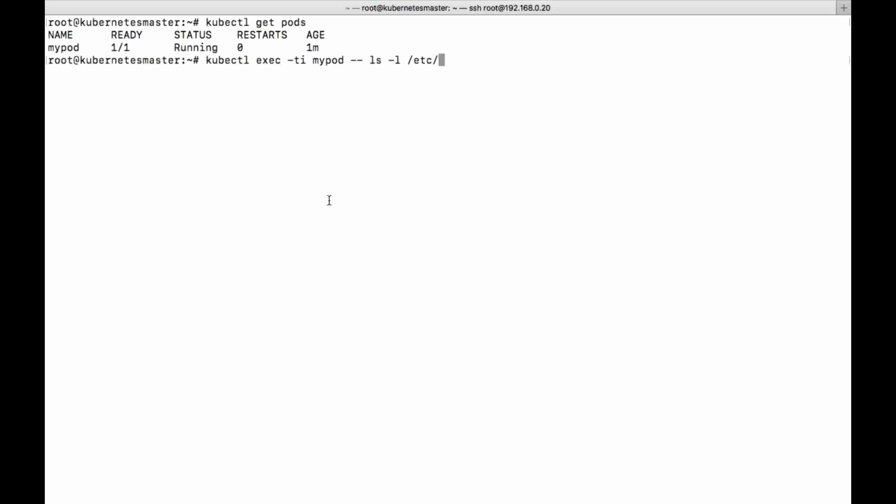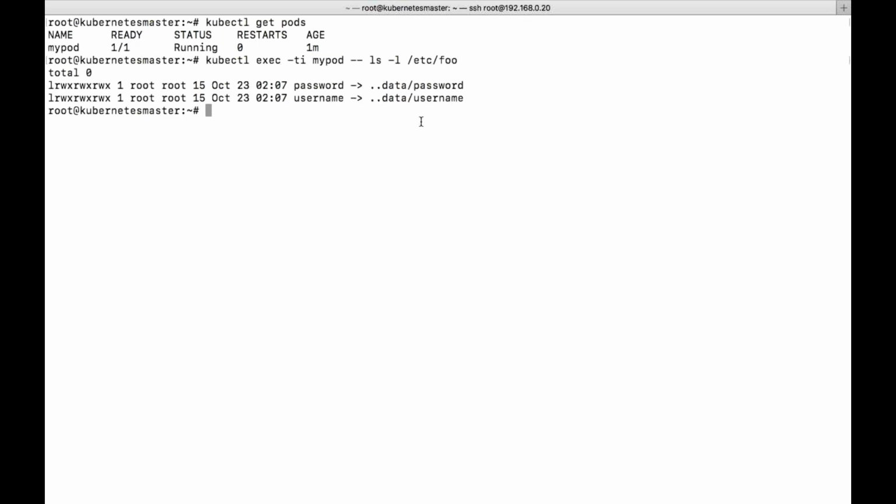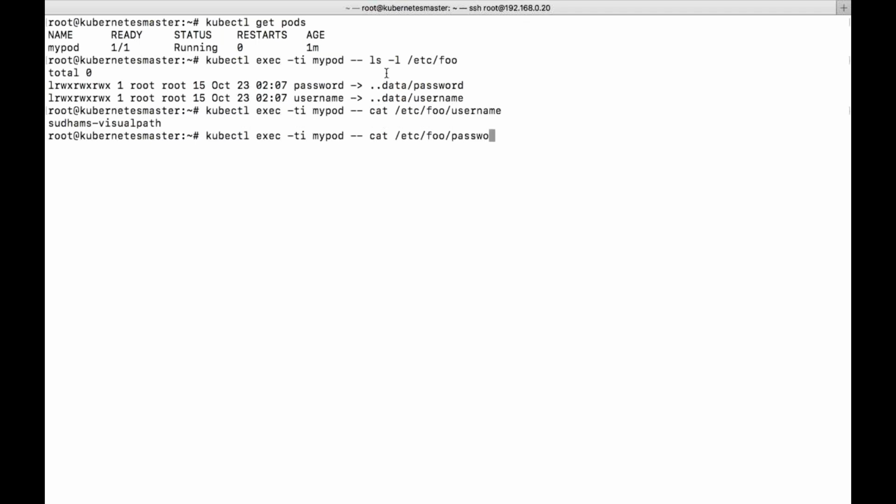The username file and the password file have been mentioned here. If you want to see this information, now it will not be in encrypted format. That is the one thing you need to remember. You can see the actual username and the actual password. So this is how we need to use it.